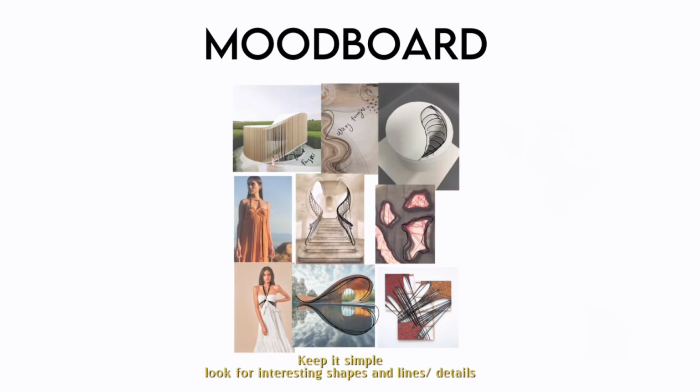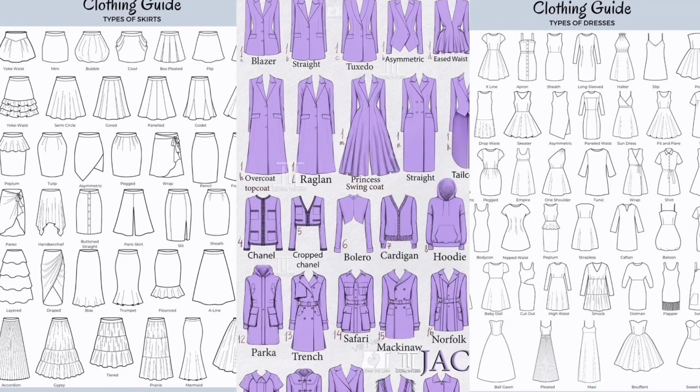A mood board sets the tone for your collection. It makes you think about the story that you want to tell. For example, if you're inspired by urban landscape, you're going to be leaning into bold colors and structured shape. So once you're done with that, you need to know about what silhouette you're going to be creating. You need to know if you're creating a two-piece or jackets all through, or skirts or shorts or pants, so that as you move forward, you're not moving away from your initial ideas.